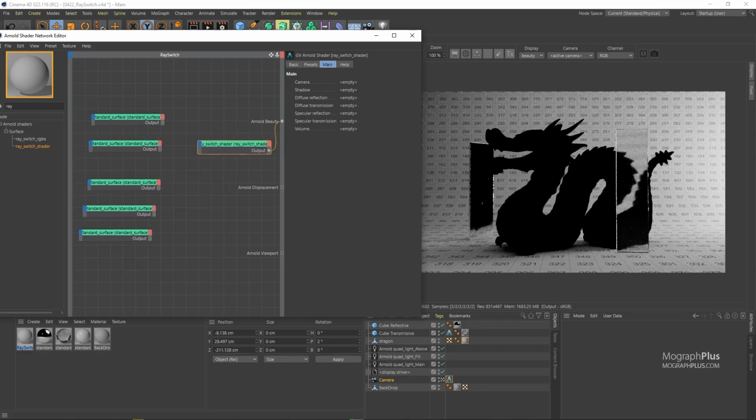Ray switch shader allows you to use different shaders for different ray types. It can be for artistic reasons. For example, if you wanted to see another shader to appear instead of your main shader when you look at your object through a piece of glass, or if you want to see another shader to appear in the specular reflections instead of your main shader, or when doing image-based lighting, when you want to see one HDRI image in